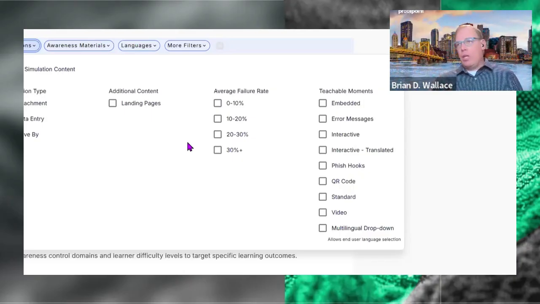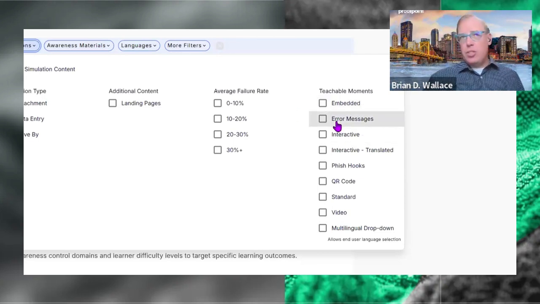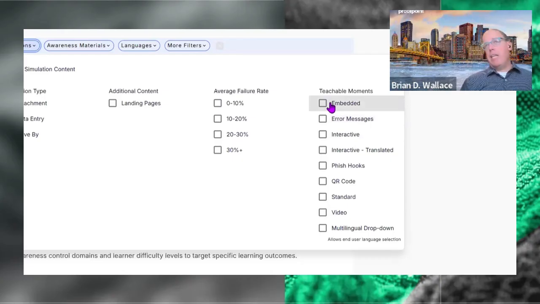And in that, they will get some kind of messaging letting them know that they fell for a phish. Again, we'll dive into it a little bit closer within the tool, but there are two in particular that I will be highlighting today. One is our error message, and number two is our embedded. All right. And we have done a lot of work with our new embedded messages. And for those of you who haven't seen this yet, I think you're going to be very excited.